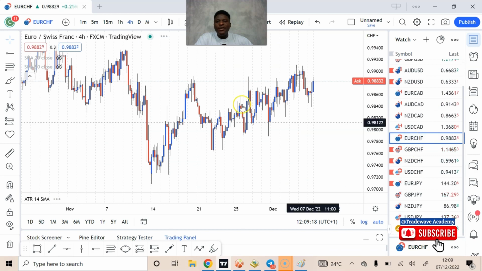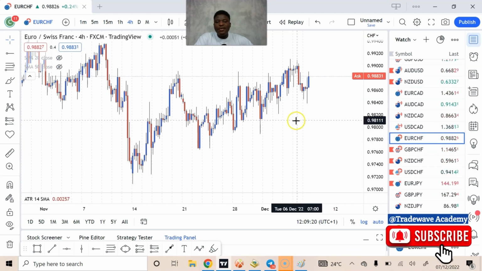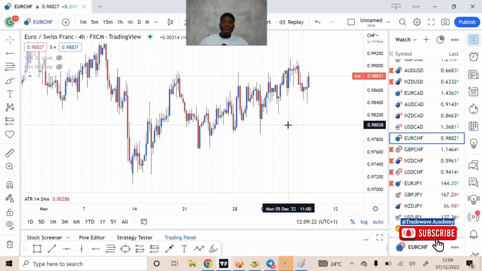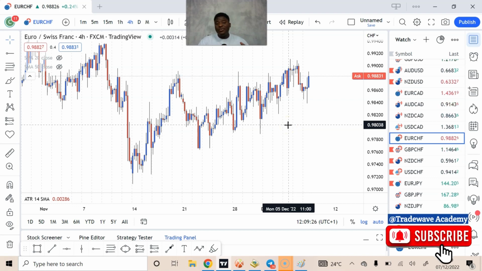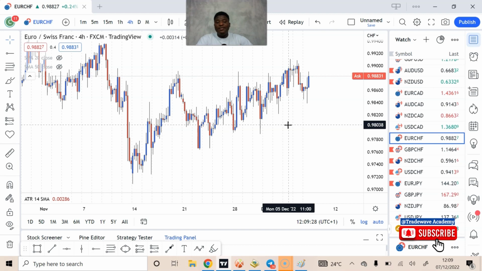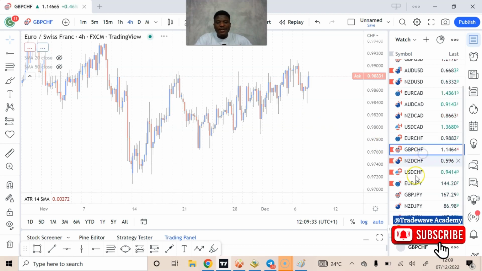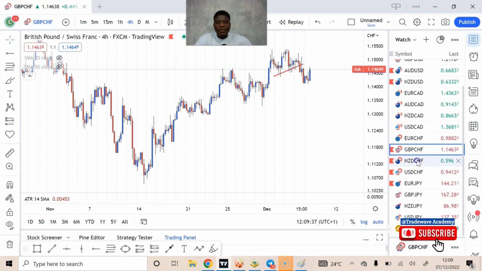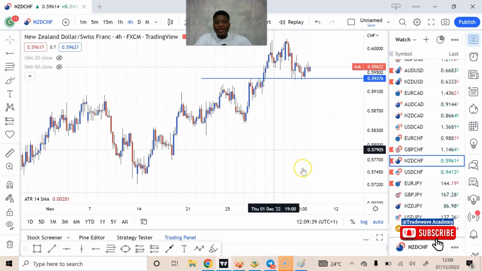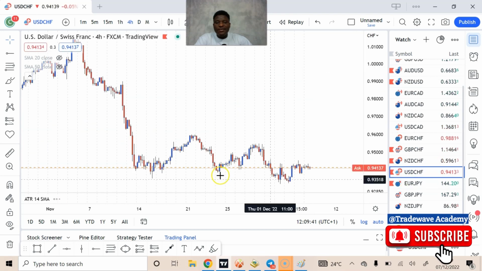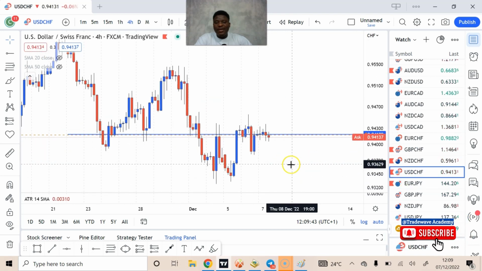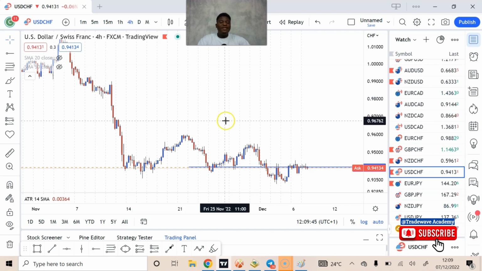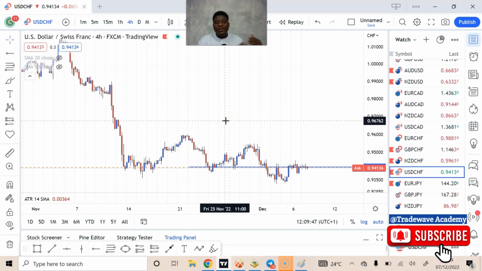CHF pairs. Okay, so this is Euro CHF, right? As you can see, it's an uptrend, but it's more like a ranging uptrend. But the surprising thing is that this is probably happening the same way on the other pairs like it. Okay, AUD CHF is an uptrend too, but as you can see, it's a bit choppy. NZD CHF, same thing, uptrend. USD CHF, okay, this is defying the odds. This is clearly a downtrend over here. So like I said, they are not equally correlated. Okay, but